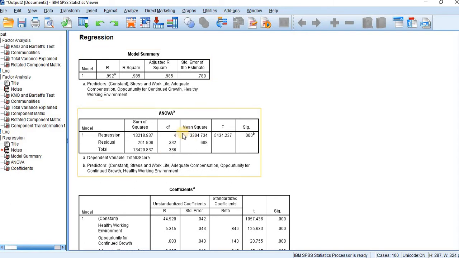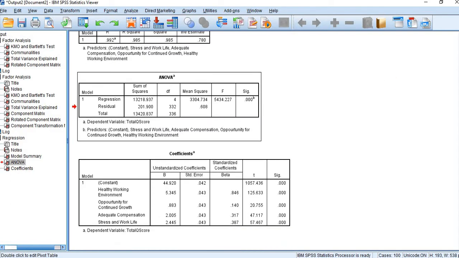And the second table describes the total score, the regression score and the error, that is the residual, and the overall model. The F value is 5434.227. The overall model is significant at 1% level.